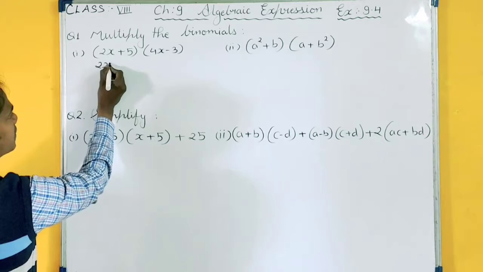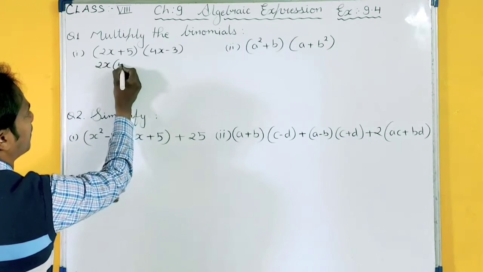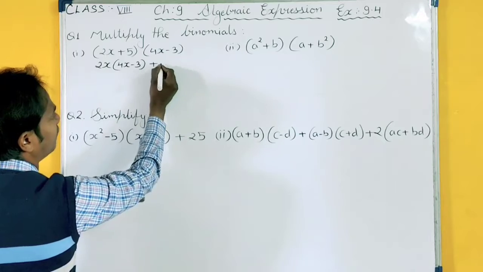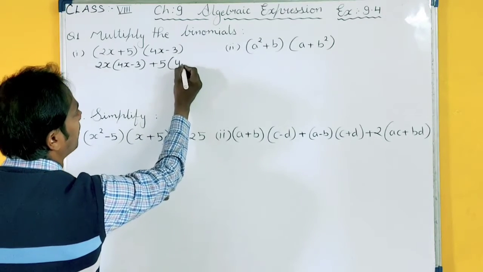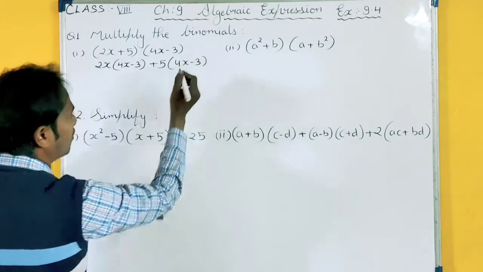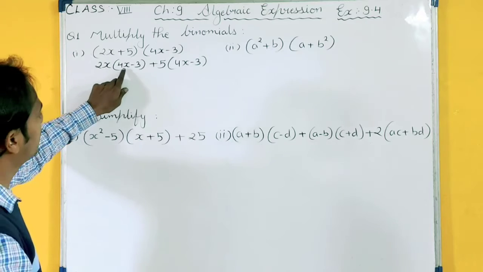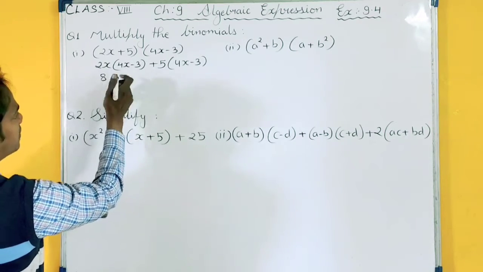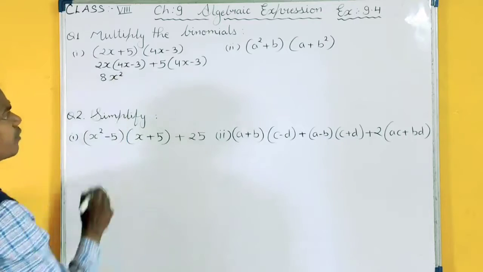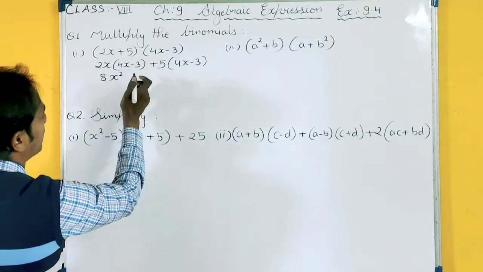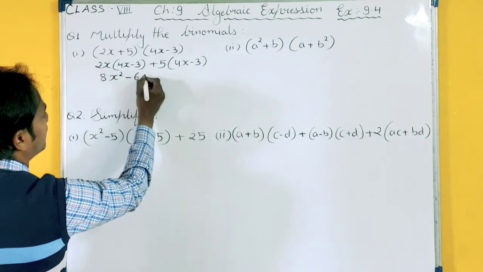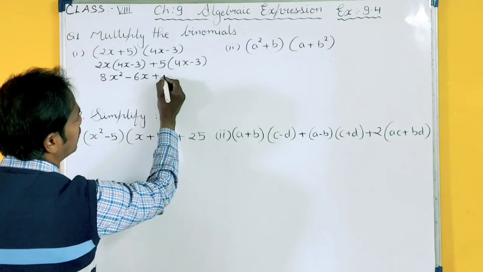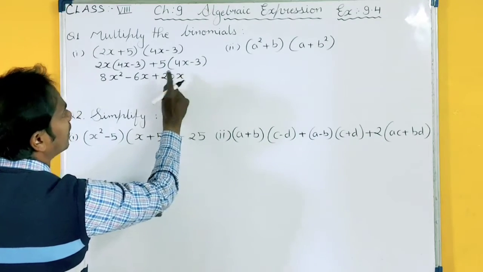So I am writing 2x multiplied by 4x minus 3, then plus 5 multiplied by 4x minus 3. Now 2x multiplied by 4x: 2 fours are 8, and x multiplied by x is x square. 2 multiplied by minus 3 is minus 6, and this x as it is. Plus 5 fours are 20x, and 5